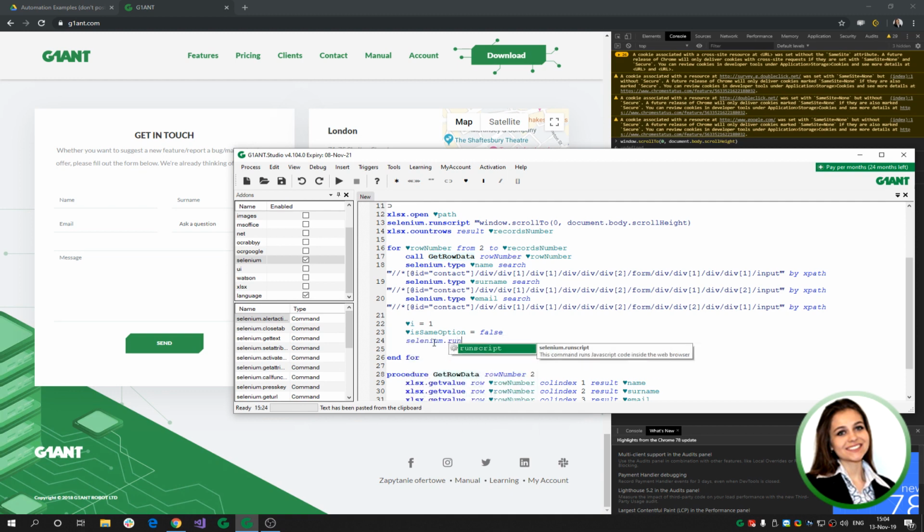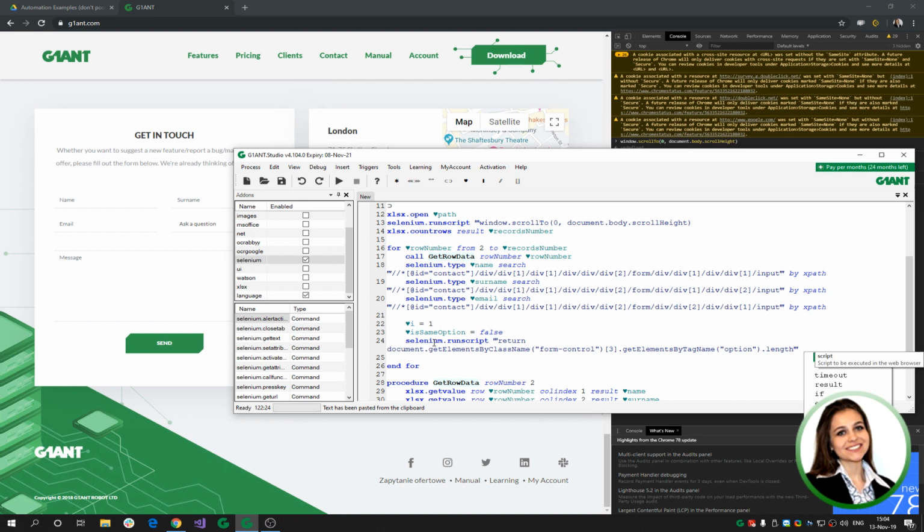Selenium run script, return length, and it will be in a variable options number. All right. And so the number of options